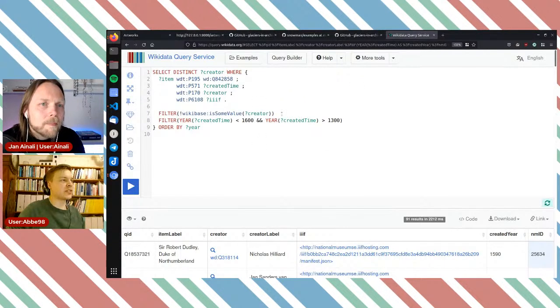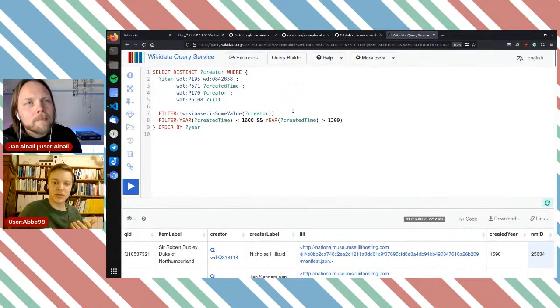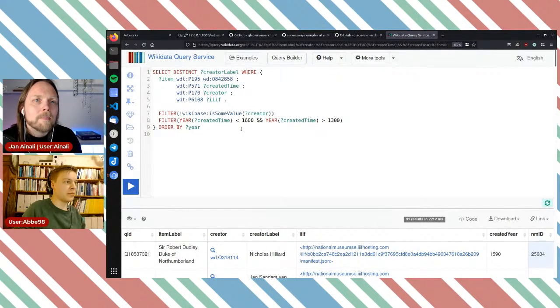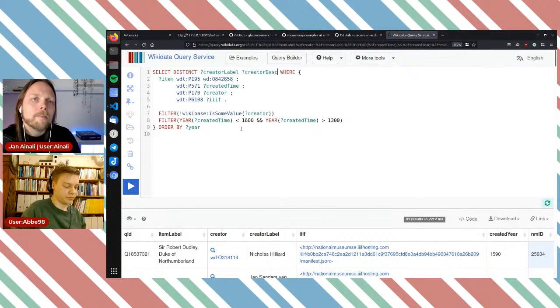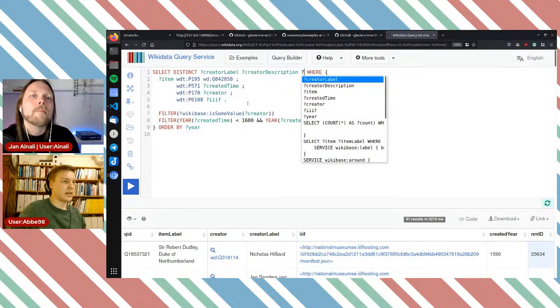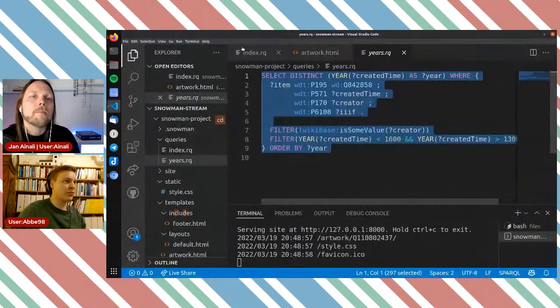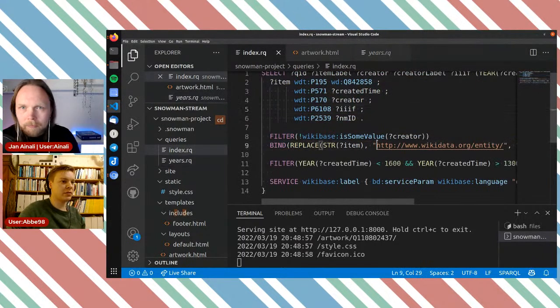And here I could actually select a little bit more of information for me to use. I could use like the description here would be useful, like were they just an artist or did they do something more? And of course the label. I want the QID to being able to do that page thing. So I want creator description. And I said the QID, and I'm gonna copy what we wrote here, I believe, or which we copied from yet another place.